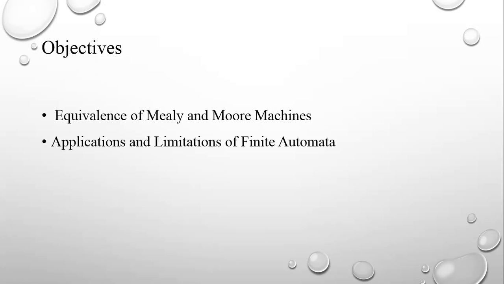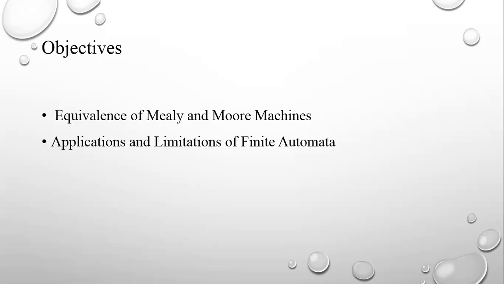I think you know well what a Mealy machine and a Moore machine are. The output of the Mealy machine depends upon the state and its input value. Coming to the Moore machine, the output depends only upon the state. Both machines have the same representation, but the outputs are different in the Mealy machine and the Moore machine.